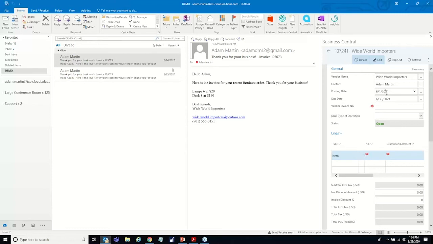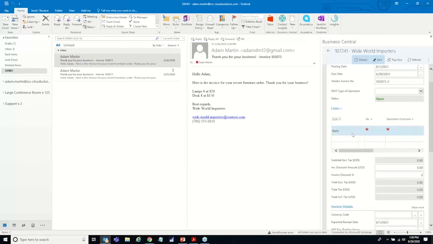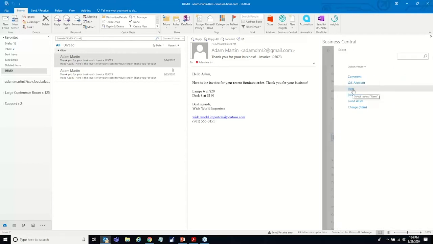So number 1, I got my system date, the due date based off of the terms with this vendor, which is 30 days. I can enter in my vendor invoice number. So this is the invoice that they sent us. I'm just going to type in the 103073, and I'll put a -2 because I've probably demoed this more than once. And then down in my item section here, my lines, I can either choose an actual item, like an actual charged item or a miscellaneous item that I have built in my item master,